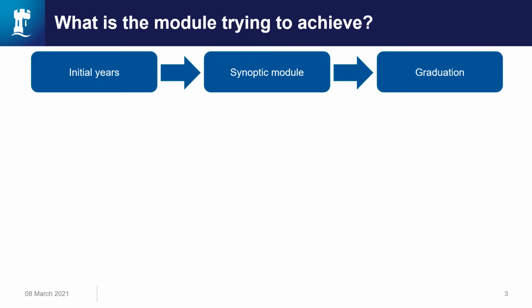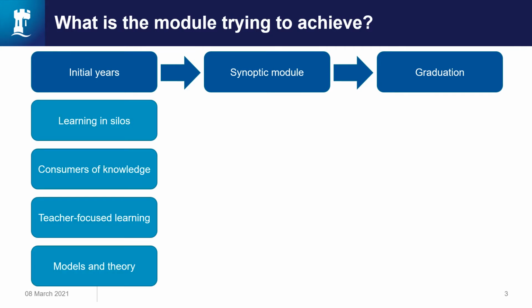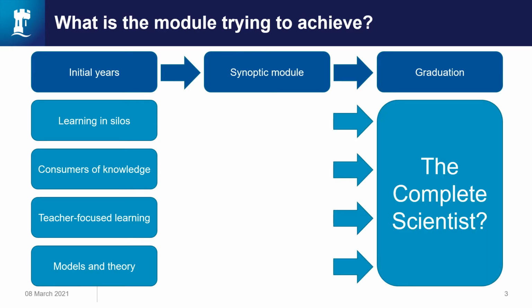So let's think about how this module fits in with the natural sciences program and how the students' journey evolves through their years. In the initial years of the program, the teaching is very much focused on the teacher-led side. They're learning in silos, learning about different scientific disciplines in different modules, and they're very much consuming the knowledge that the teacher is giving them. The focus is on the models and theory. What we want them to get to is being the complete scientist, capable of doing independent scientific research, for example, whether it's in industry or academia, and thinking about how to communicate and explain science